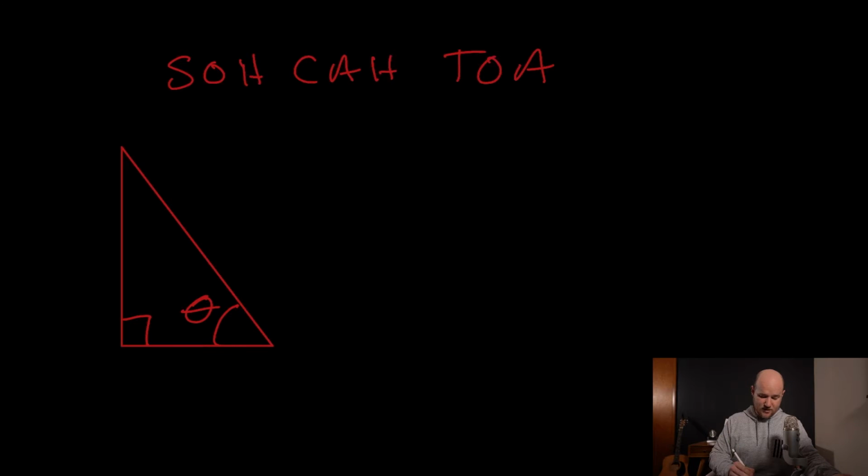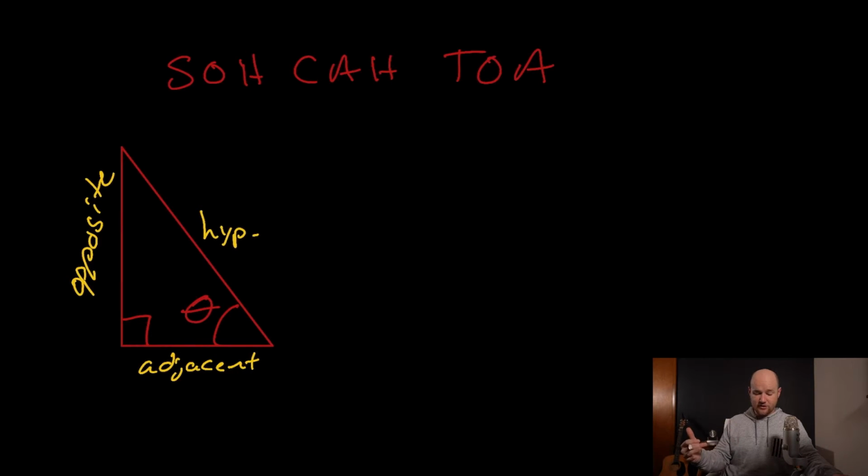We've got this part at the bottom, which is adjacent to the angle. And we've got this side of the triangle over here, which is opposite to the angle, and then we've got the hypotenuse of the triangle. Now, like I said earlier, SOH CAH TOA is just a way to memorize the sine, cosine, and tangent functions. So what SOH means is sine of the angle is equal to the opposite of the angle divided